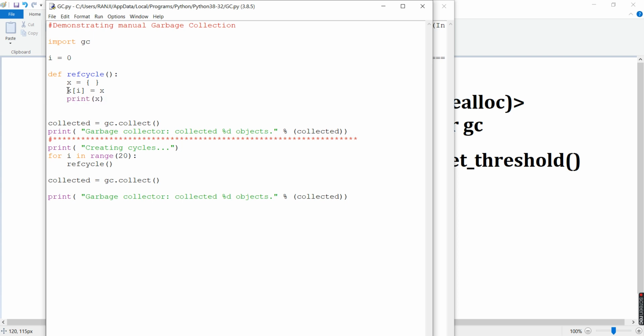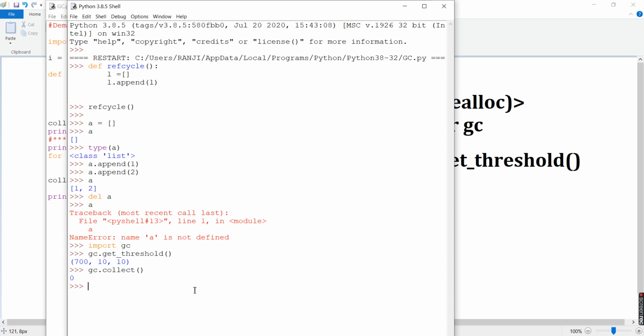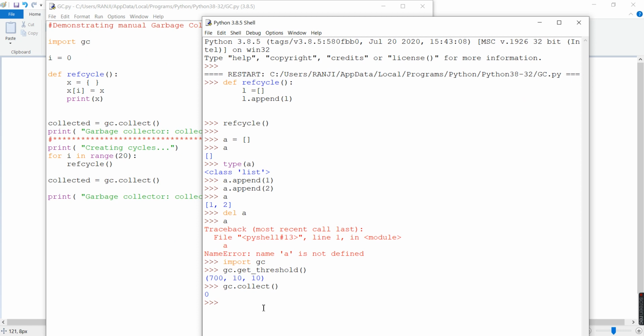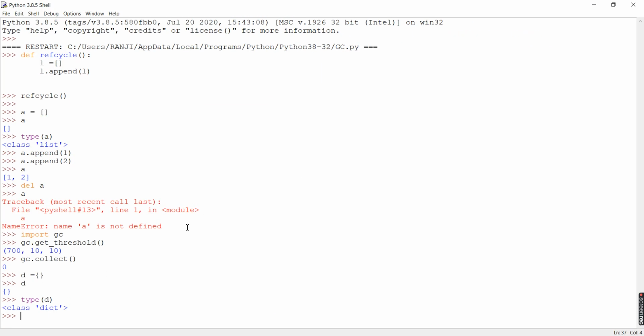Now you might be wondering what this particular line is. If you think about it, in a dictionary we don't have indexing, right? So what happens by this? Let's do it statically. In a similar case, we create another dictionary. Say we have D, and we just write it like this. If we type D, it will return two braces, and if we check the type of D, it says it is class dictionary, so it is of the dictionary class.